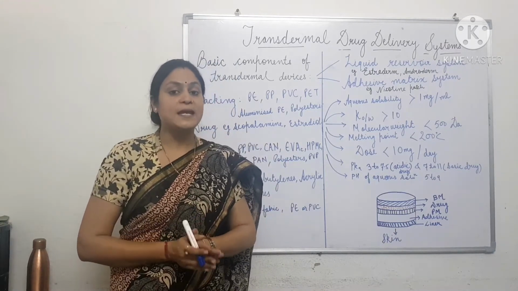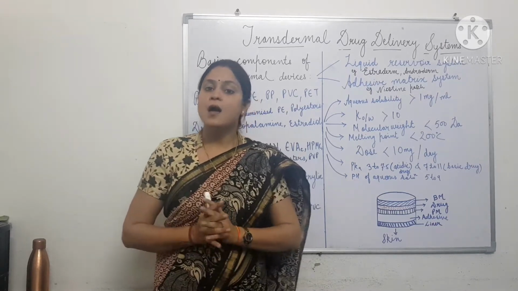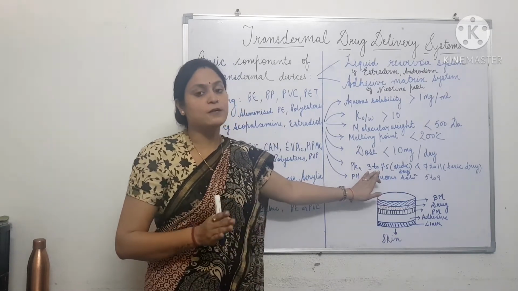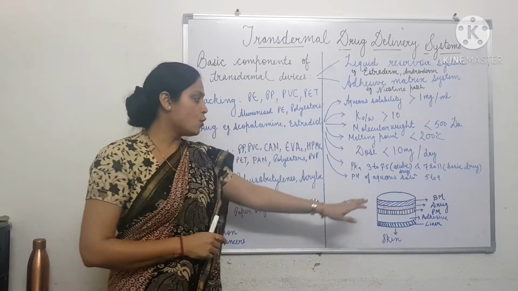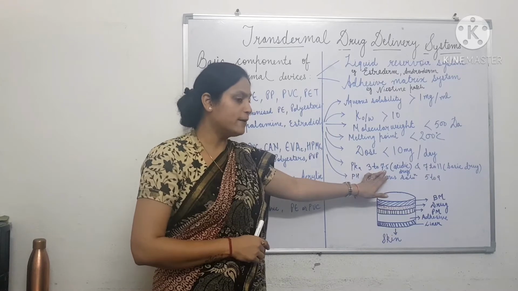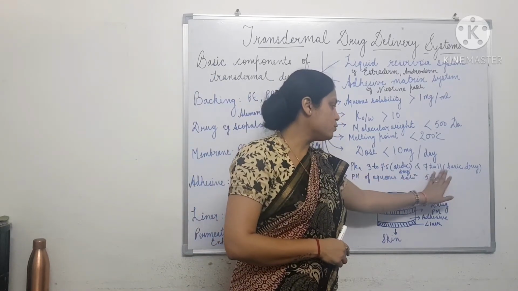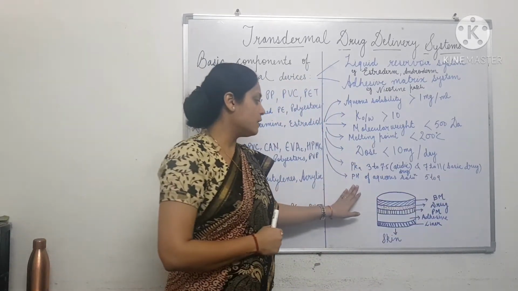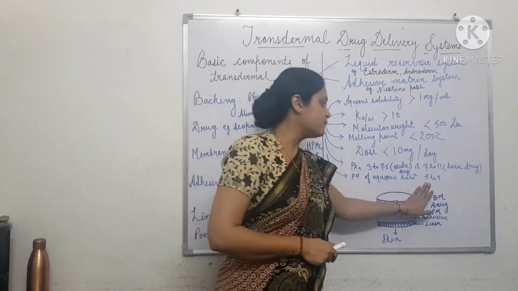So, for a drug to remain in unionized form, which is more lipophilic as compared to the ionized form, the pKa of the drug should be right, especially for an acidic drug. Most of the pharmaceutical agents are either weak acids or weak bases. So for weakly acidic drugs, the pKa should be 3 to 7.5, and for weakly basic drugs, the pKa value should be 7 to 11. Also, one more requirement is that if a saturated aqueous solution of the drug is prepared, it should have a pH between 5 to 9.